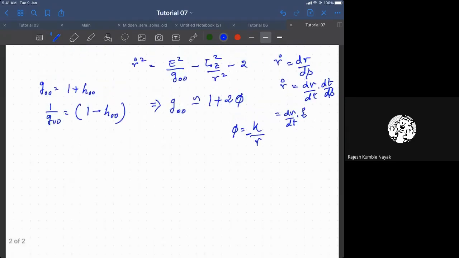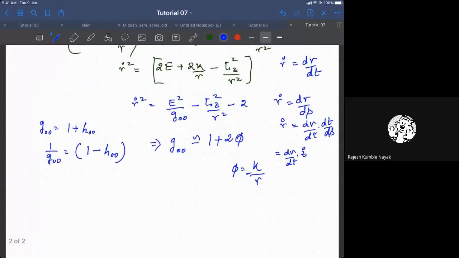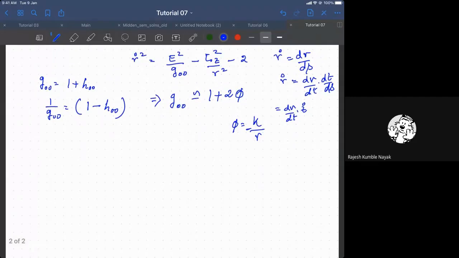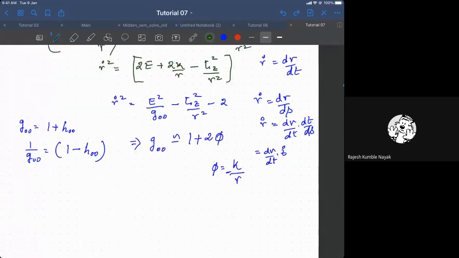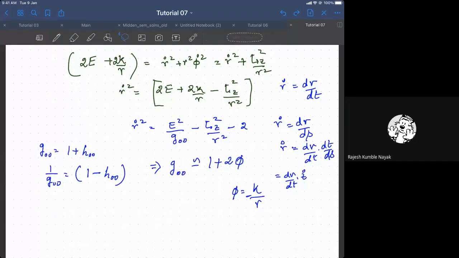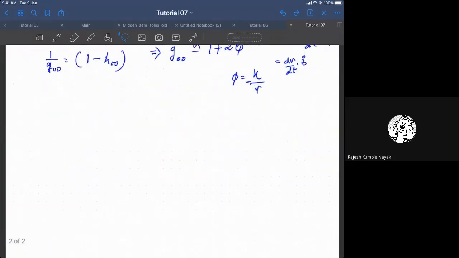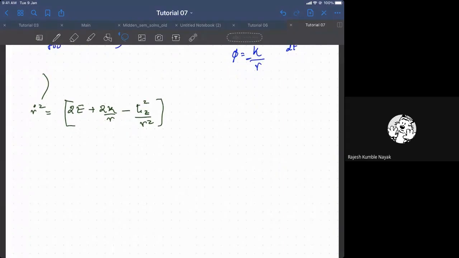Now, since we have looked at the Kepler problem, let me give you a sidetrack a little bit and talk about the Kepler problem just for a minute. So here, let's take this equation and see. This is the only equation which is remaining in the Kepler problem, which we need to solve. Something very interesting happens here. So let us look at this.